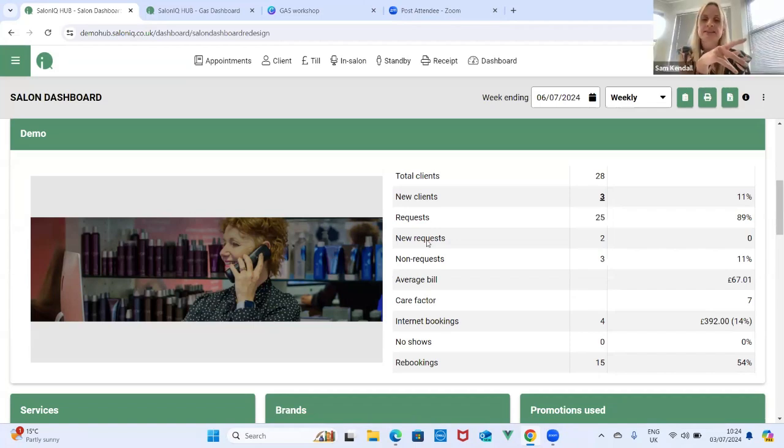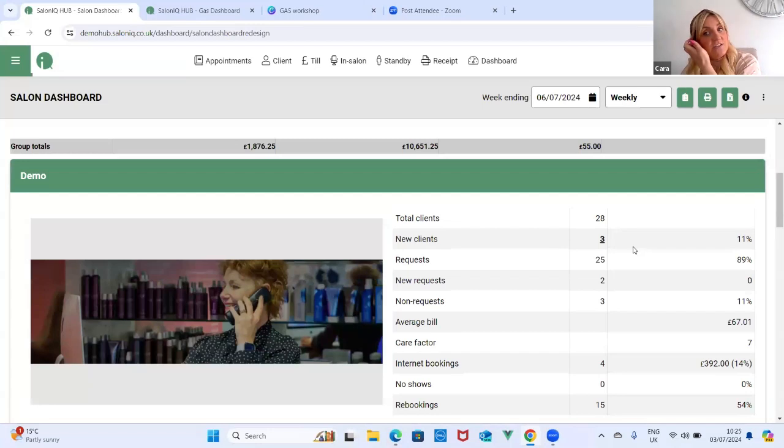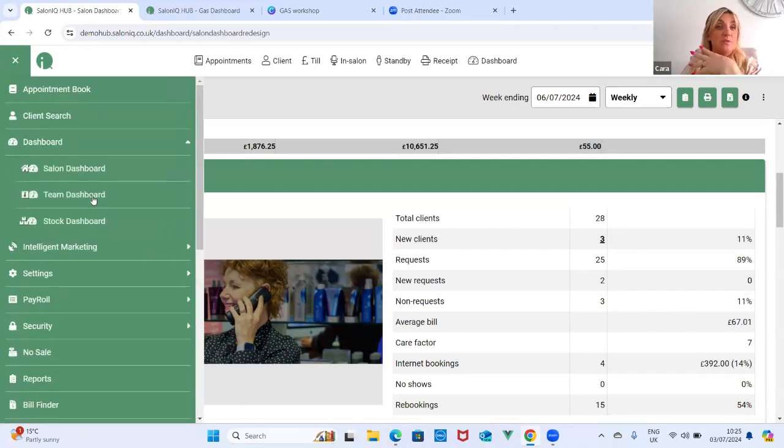And Cara, we can see this information for salons and for team members individually, can't we? Yeah, you can do it for both. So you can see on here, I'm on the salon dashboard. I can see it now here. I can see there's 3 new clients on here. And then 2 of those new clients that have been through the door have said, I want Jenny to do my hair. Mm-hmm. So looking at exactly the same thing, dashboard team, it gives you exactly the same information, but